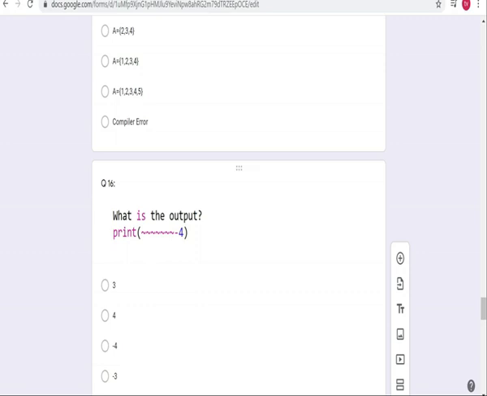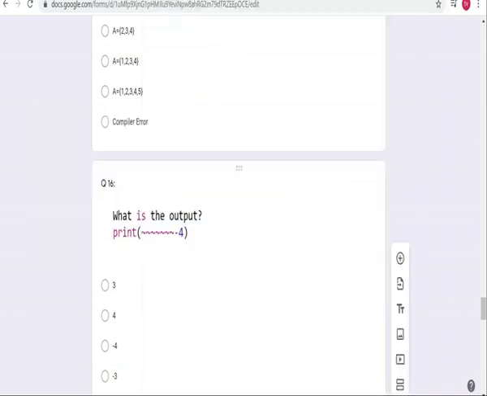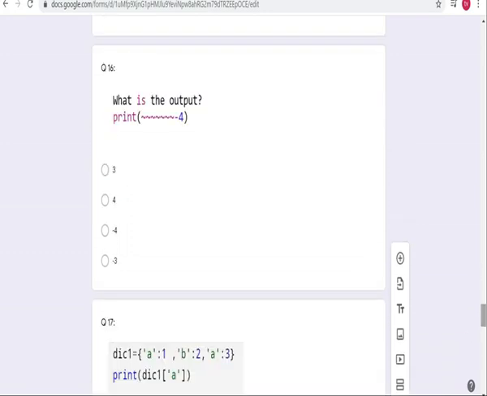After completion of 2 negations, the answer is -4. Third negation, answer is 3. Fourth negation, answer is -4. Fifth negation, answer is 3. Sixth negation, answer is -4. And on the seventh negation, applying negation on -4, the result is 3. So simply the result is 3. That is, even numbers of negations are cancelled.